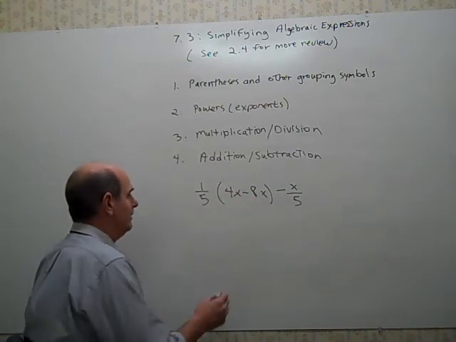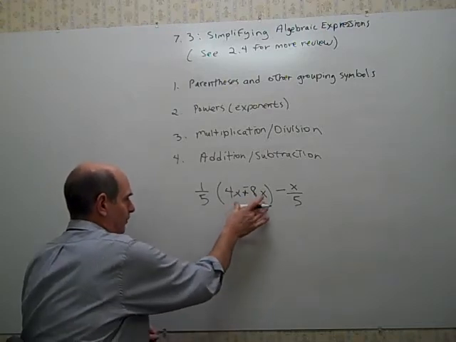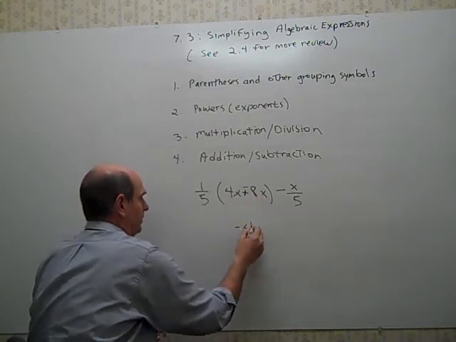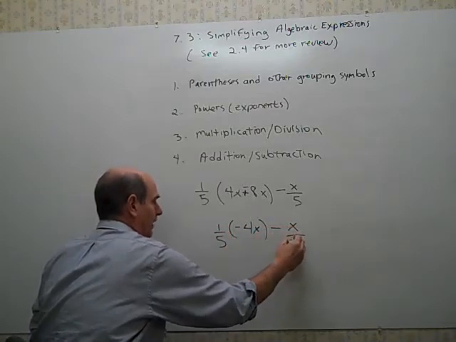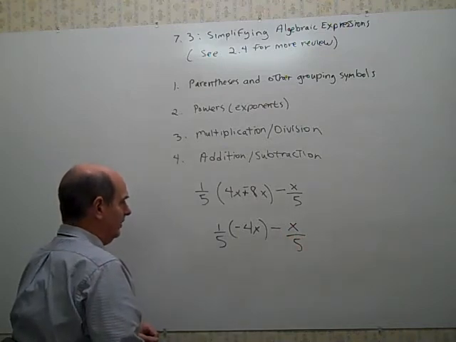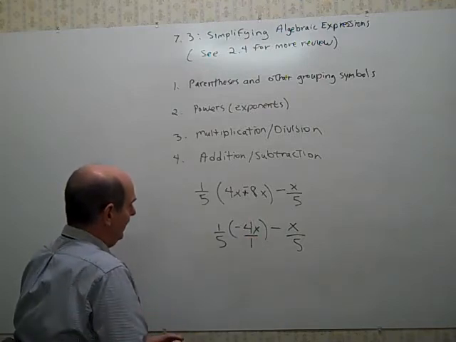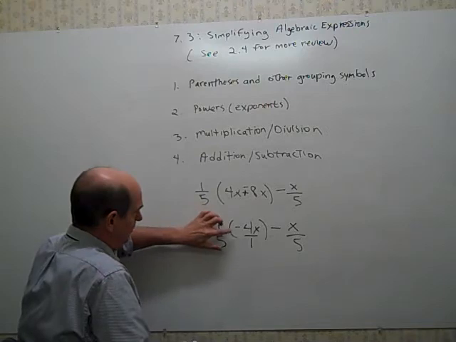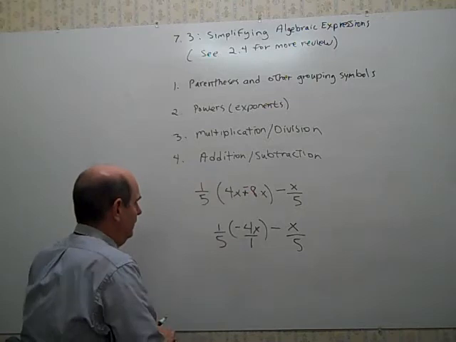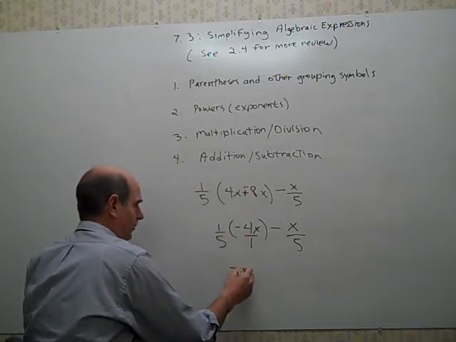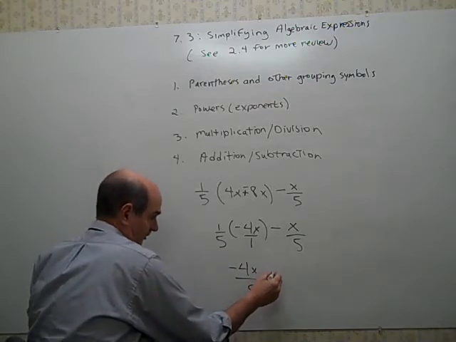It's not a bad idea to change this to add the opposite, keep change, which results in negative 4x multiplied by 1/5 minus x over 5. And we can put a 1 under this to make it a little more obvious what we do. So now we have 1/5, the fraction, times negative 4x over 1. Numerator, denominator: multiply the two numerators, and we get 1 times negative 4x is negative 4x, 5 times 1 is 5. And this is kind of a contrived problem,